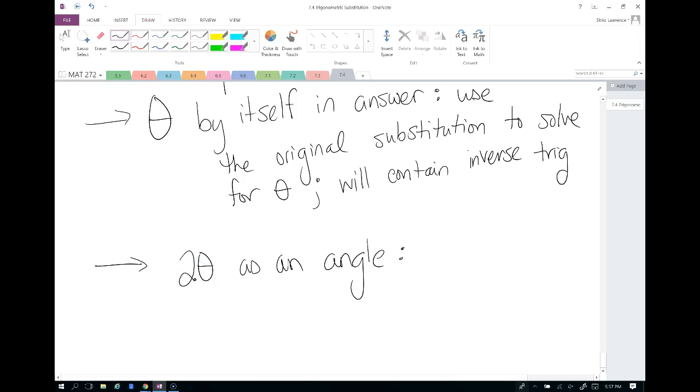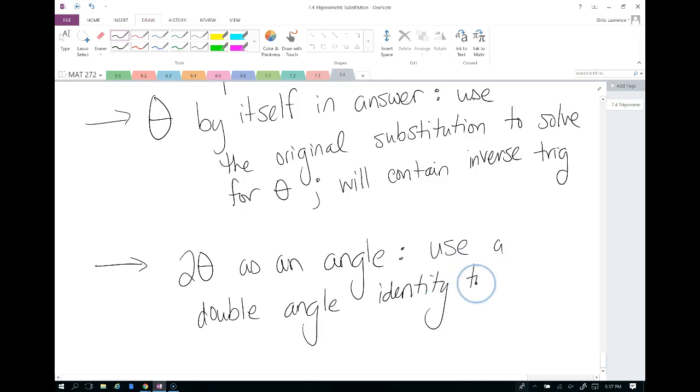What we have to use is one of our double angle identities to rewrite this in terms of just single theta, and then we can use our triangle to finish out the rest. So these are just 2 special cases that we see after we do our antiderivative,